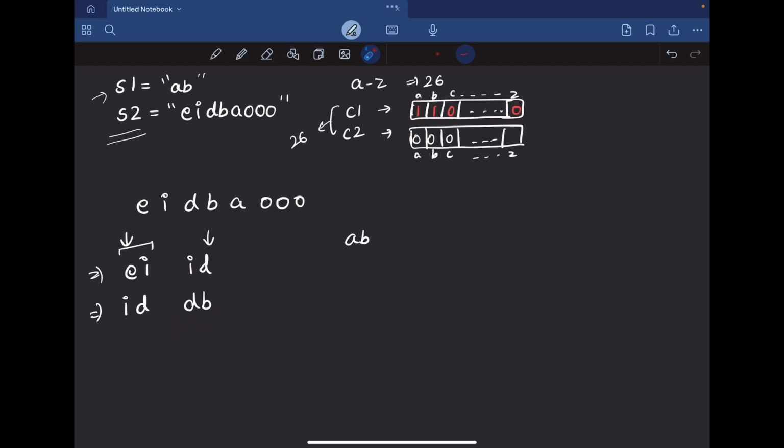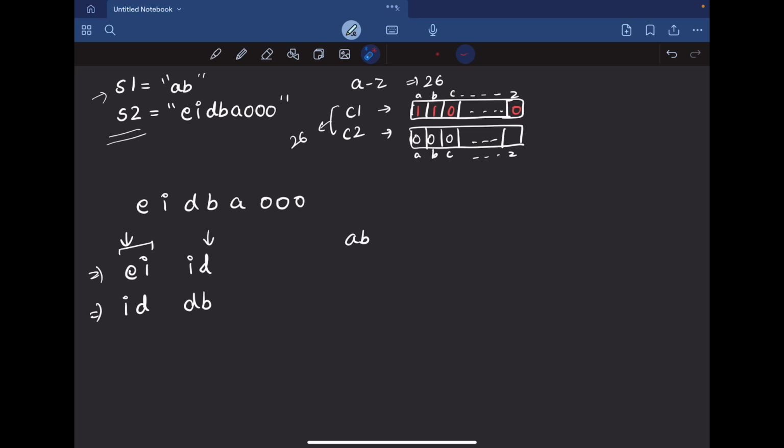So when we are comparing these two-length substrings with our S1, at every point we are adding the next character and removing the first character of our substring, right? So when we are looping in S2, we only need to update the frequency of the characters that we are adding and removing.